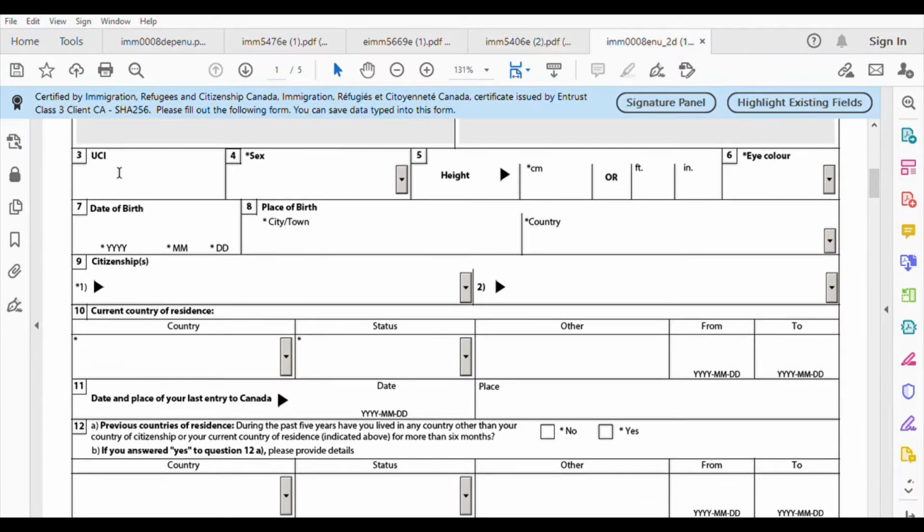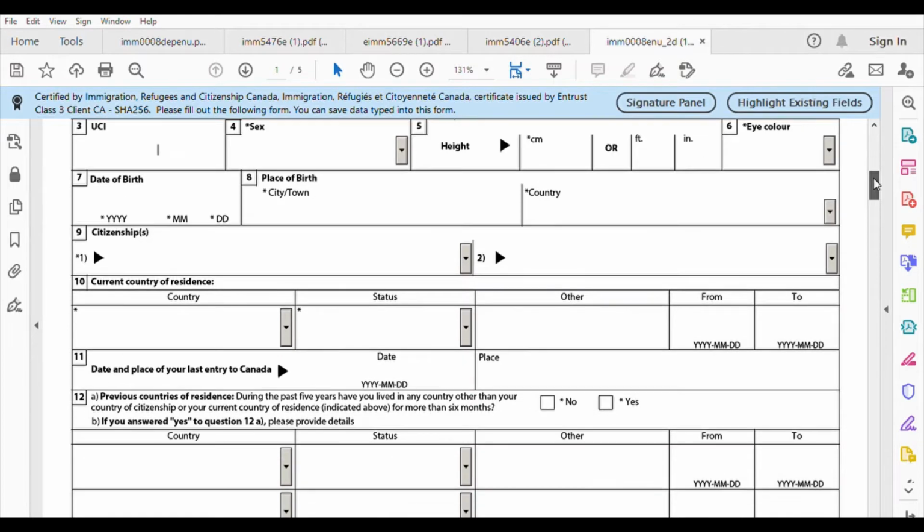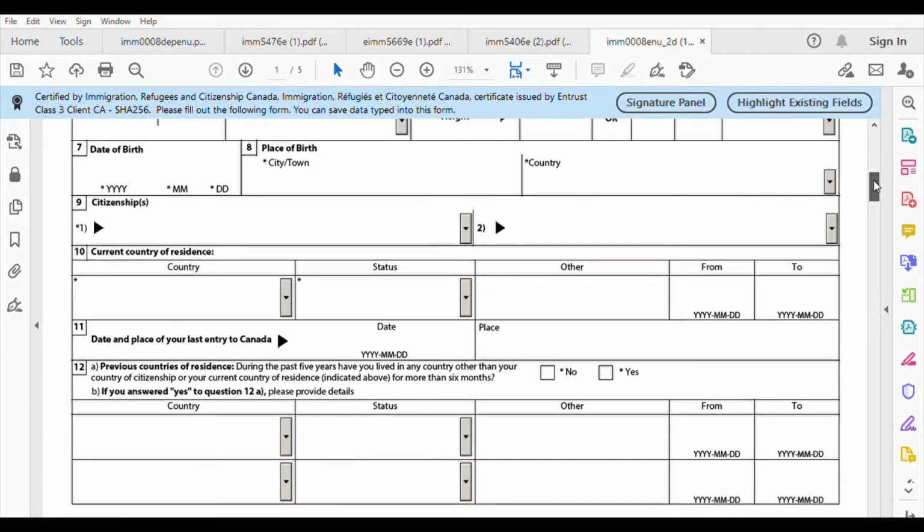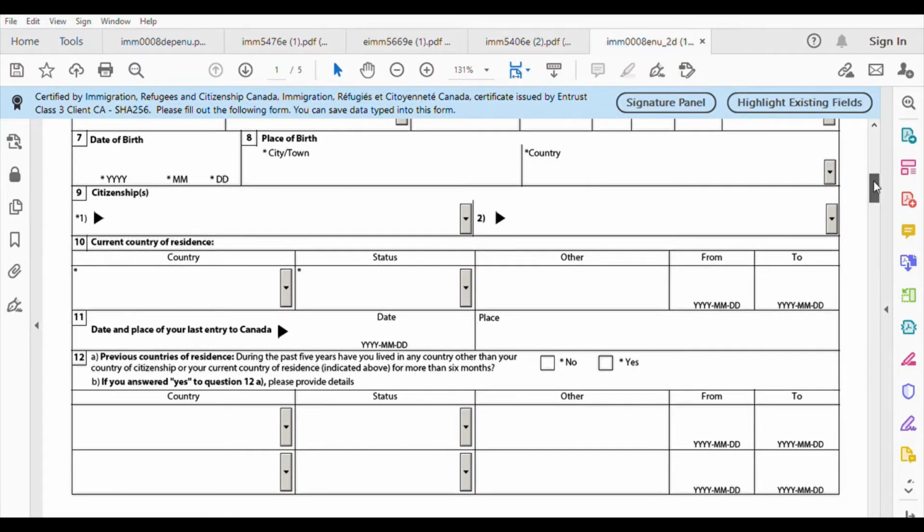UCI. Okay, so UCI, if you have a visitor visa, if you come to Canada with a visitor visa or a work permit or a study permit, so you have UCI number in your visa. So you need to mention this UCI number: sex, height, eye color, date of birth, place of birth, country, citizenship, in which country you are citizen,